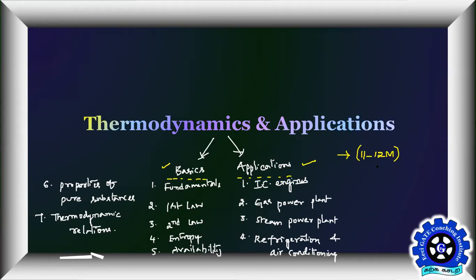After that, one of the most weighted subjects is mathematics, which is around 14 to 15 marks. Then I see thermodynamics and applications as the next most weighted subject, coming around 11 to 12 marks. It's very important. If you are good at these three subjects, you are going to score 50% of your GATE marks. Are you guys feeling that, everybody? Only three subjects completely. If you have good command of all these three subjects, you're going to gain 50% of the total GATE marks, because you can count all these three subjects coming to around 50 marks.